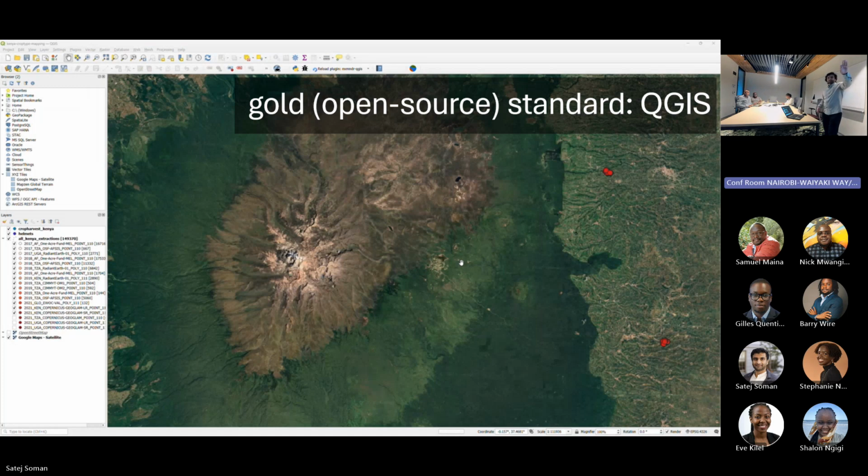So each of these dots that you see is a GPS coordinate that was collected in the field by different organizations. And I'm overlaying that data with not just map imagery that is sourced from OpenStreetMap, but actual satellite imagery that's sourced from Google Maps. And I'm panning, I'm scaling, I'm zooming to different parts of the area of interest. In a second, you'll see me drag and drop additional data to see how it matches up with existing data that I have.